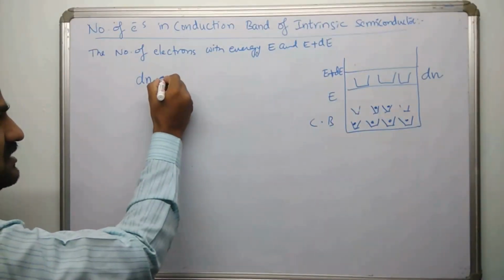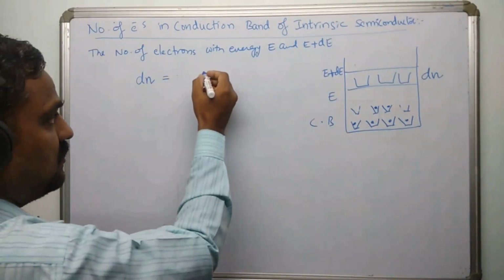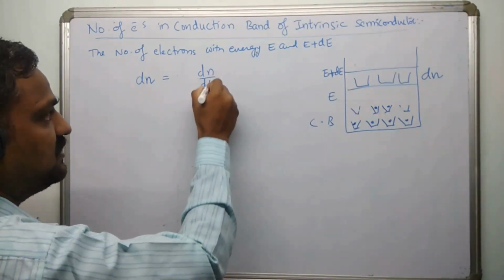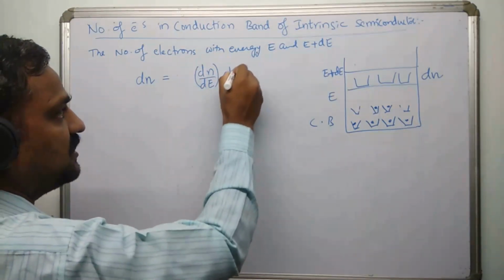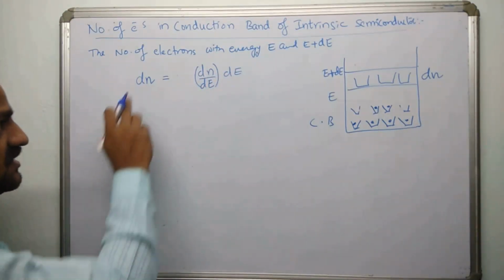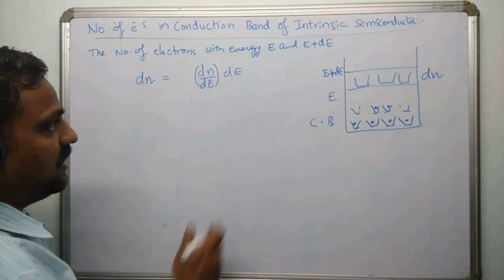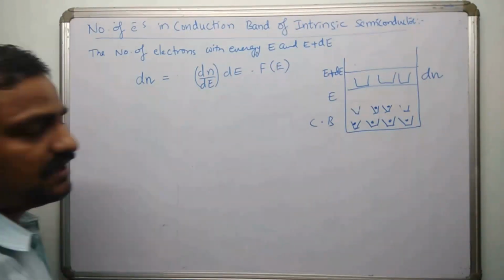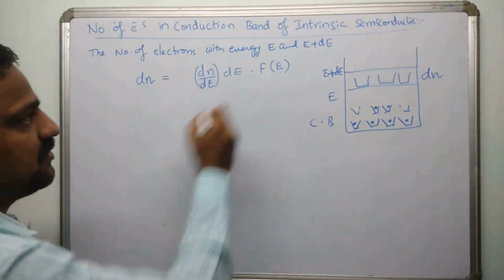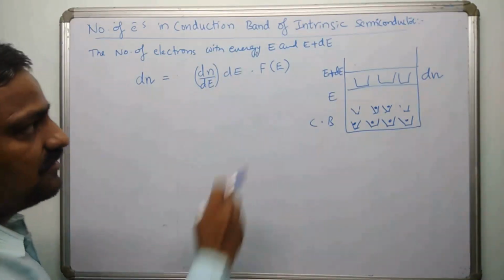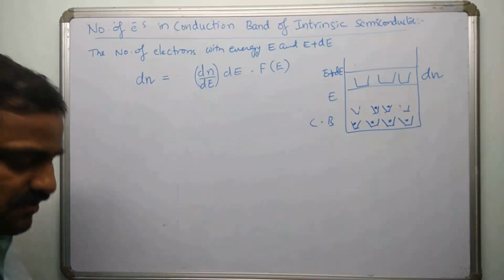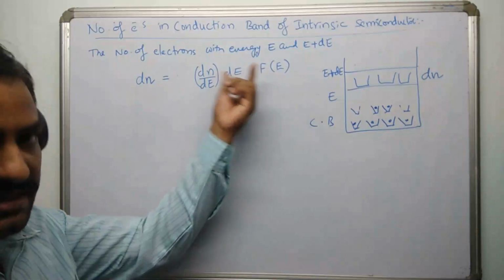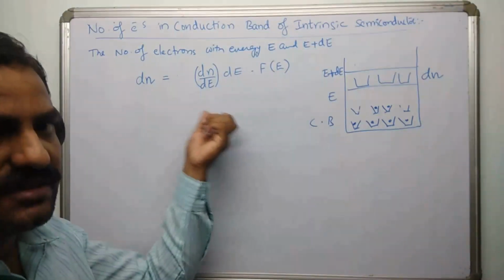So that number dN is given by the number of electrons existing over there, which is nothing but dN by dE into dE. Please try to understand. I have just multiplied and divided by dE, and if I multiply this with their probability of presence f of E, that is going to describe the number of electrons. You can see clearly dE is gone. We are left with just dN multiplied by the probability. So if dN seats are available, and when you multiply the seats with the corresponding probability, that is going to tell you the actual number.